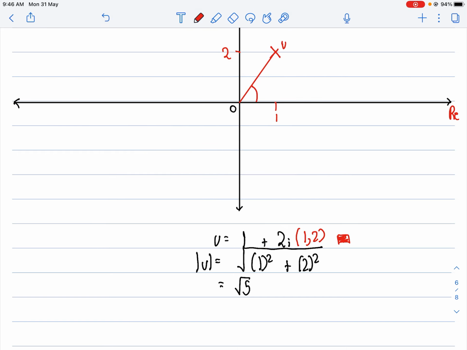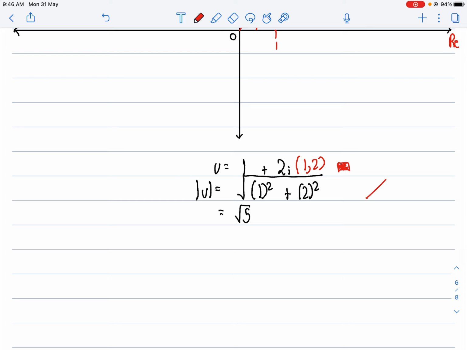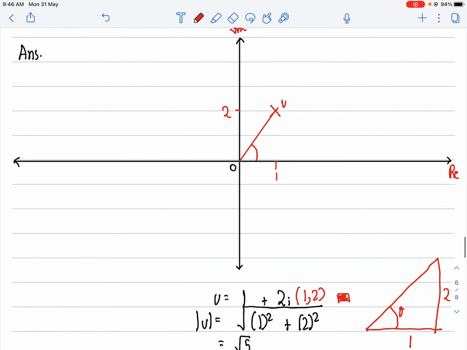angle here, which is simply given by, let's say this is my triangle here, correct? This is my argument, the vertical line is the imaginary part, 2, 1. So theta, I simply do tan inverse of 2 over 1, which is tan inverse of 2, which, while calculating on the calculator, I can simply get 1.107. You don't need to calculate this because they haven't asked you to use the calculator. So now,